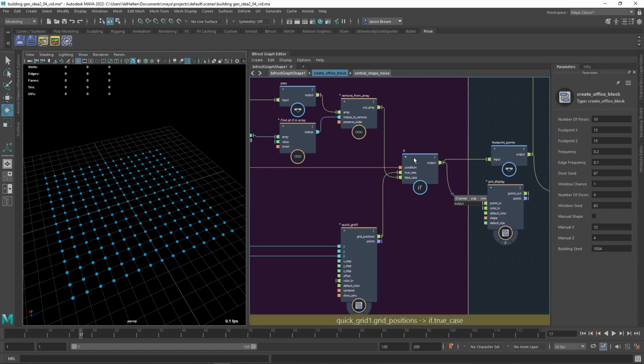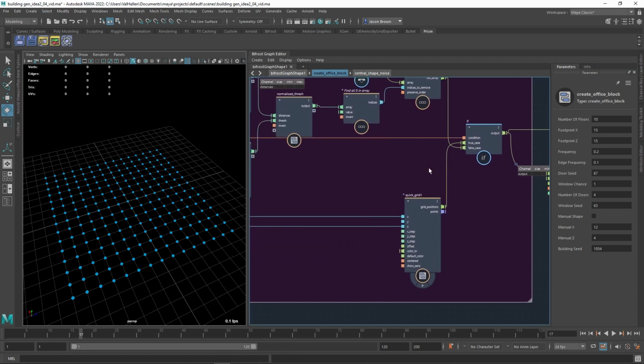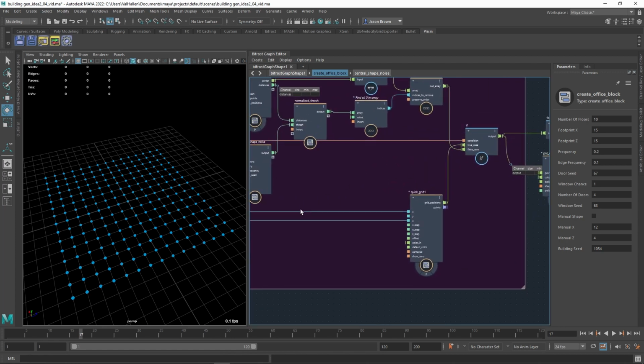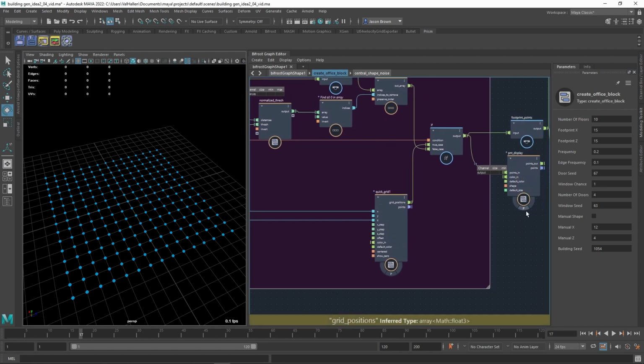The reason the if condition exists is that basically if I want to just make a square object, not a noisy round one, I will feed another grid in that is just a square object. So this will give us a square output, this will give us a noisy output. Let's have a look at those outputs. So if I turn this on,